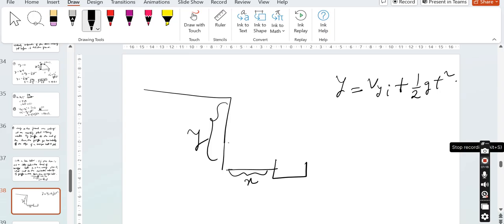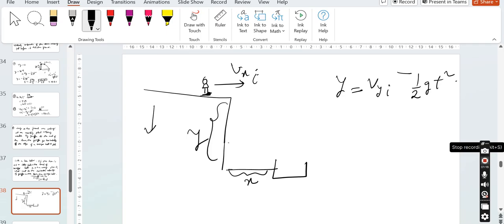So here the giraffe, the toy, basically has the horizontal component, no vertical component, so this will be 0. And the gravity is working in that way. You can put a minus in here to denote that gravity is working in the negative direction, but